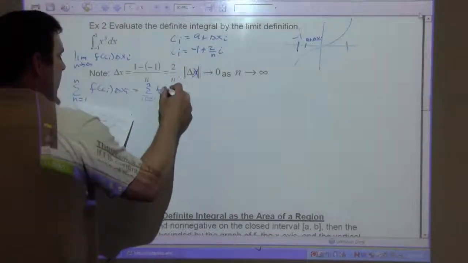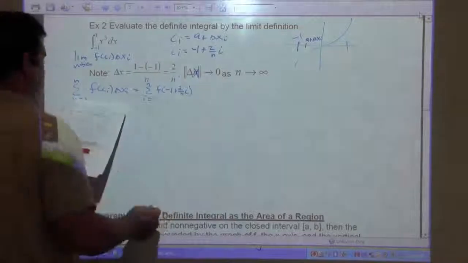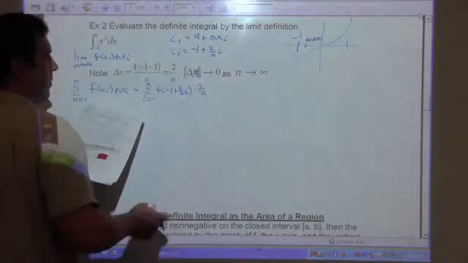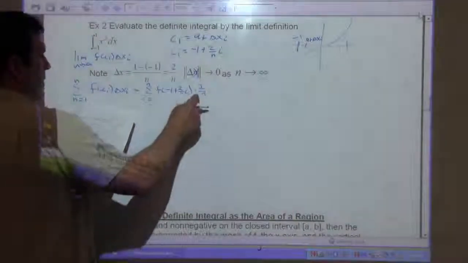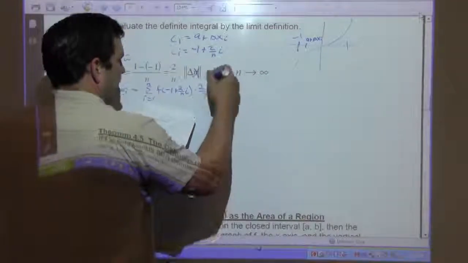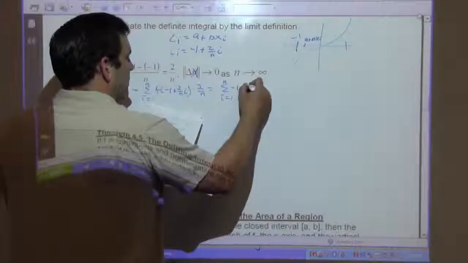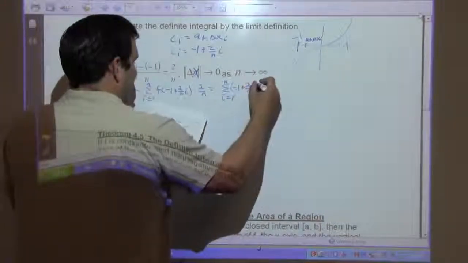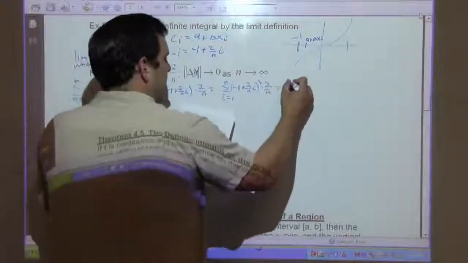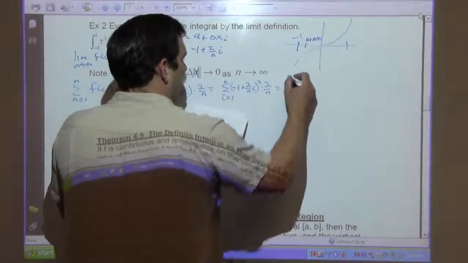of f of -1 plus 2 over n times i, times 2 over n. That's our delta xi, or delta x in this case, because it's all the same in this case. So the sum as i goes from 1 to n of what? (-1 plus 2i over n) cubed times 2 over n. And that's going to be equal to the sum as i goes from 1 to n